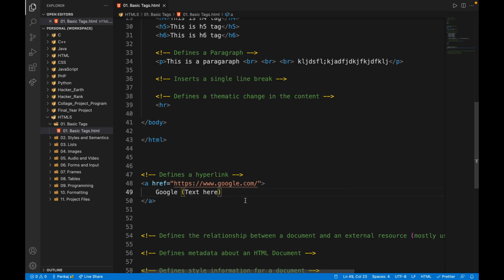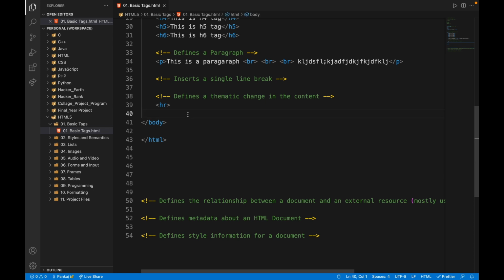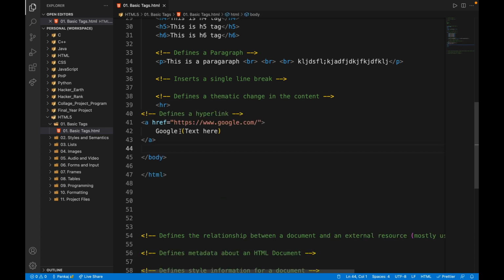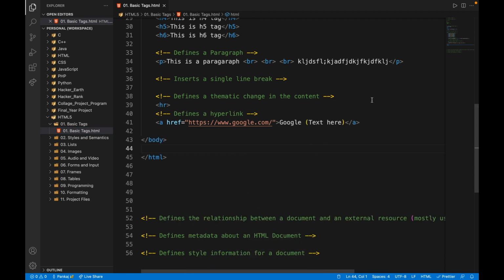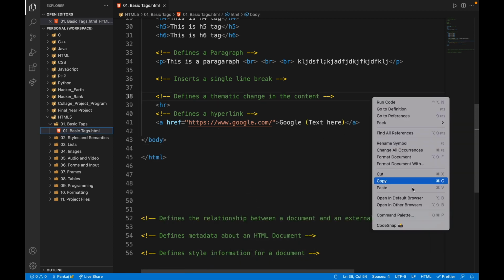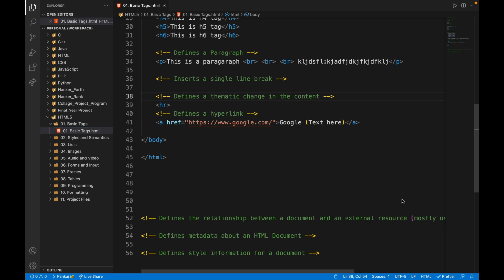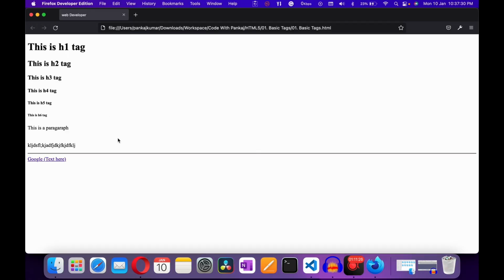If you want to see the difference, the right way to define your anchor tag is inside your body tag. If I cut it here and paste it inside the body tag and format the document, then right click on my document and open in my default browser, here is my document.